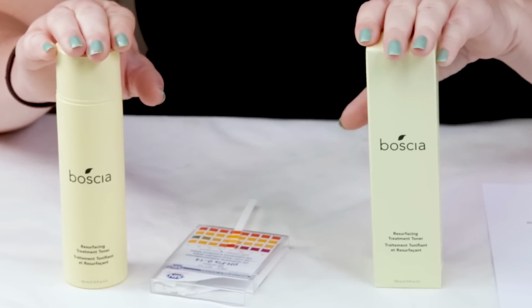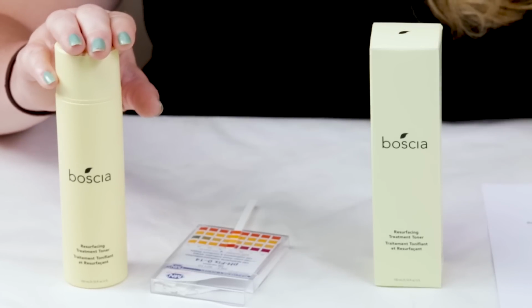Murad recently came out with this skin resurfacing multi-acid toner. And if you're in the market for something similar to this, I know the Murad's a little bit more pricey, but I found it to work a little bit better on my skin. I think the bottle is a little bit bigger than this as well. But you know what, spending the more money on the Murad, you're better off, because this one is a little bit